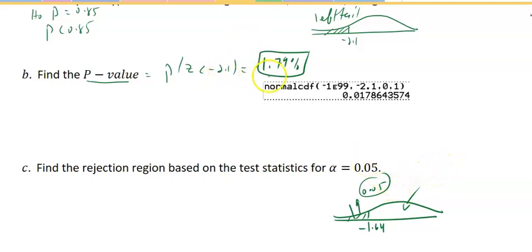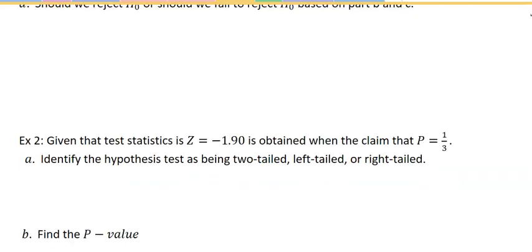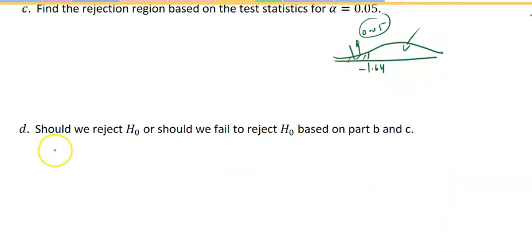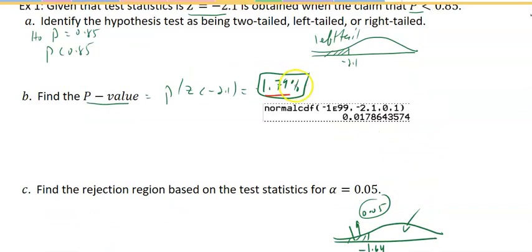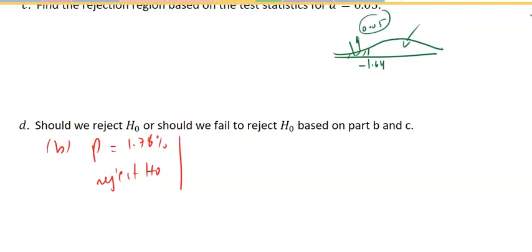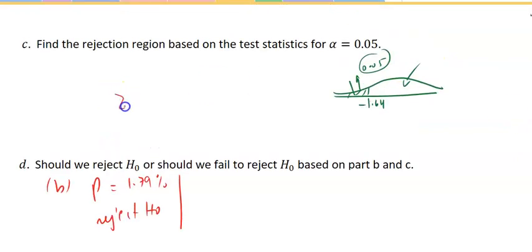Now, since the probability is 1.79% in part B, I would reject the null hypothesis. And why is that? Because the null hypothesis is stating things happen due to chance. Well, we need the probability to be more than 5% to say, oh, you know what, this is due to chance, you're right. And if we do the test statistic, well, we got a z-score of